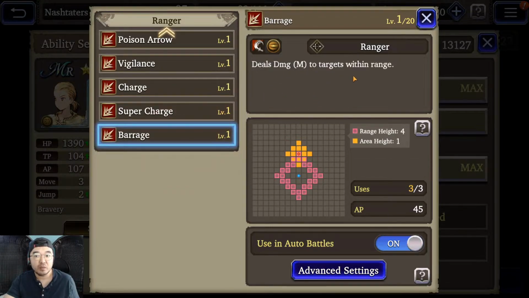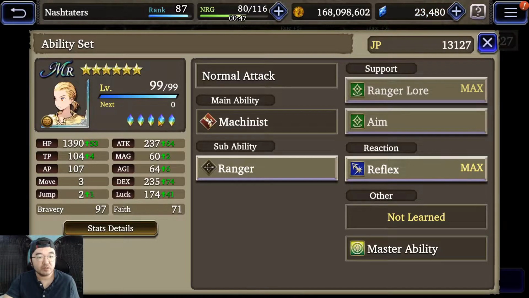Barrage deals medium damage to targets. This one obviously, as you can see, has a humongous range in terms of area effect damage. So this actually is something I want to test out later on and see how much damage it does, because this can be significantly good if you're facing a large amount of enemies. Bear in mind, most of his abilities as Mustadio Machinist increase accuracy. So I think that may actually do really well against harder enemies, such as those annoying thieves in the